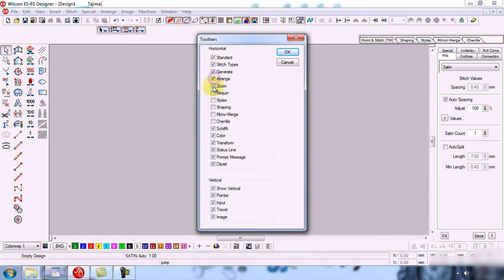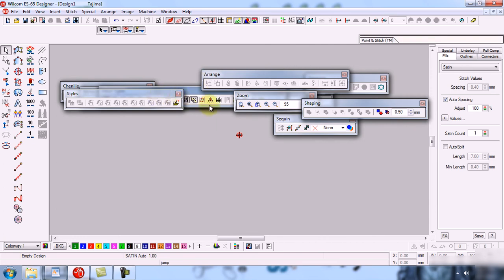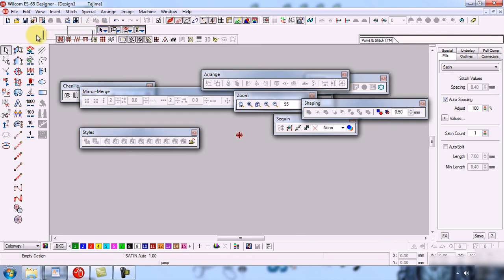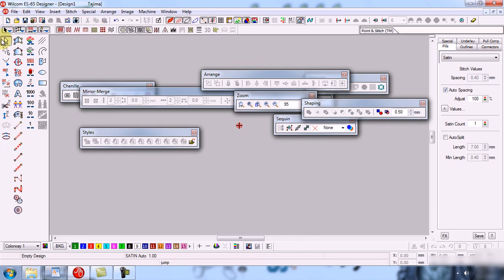So in this way you can insert or hide any type of toolbar. For example, I want to show all the toolbars, so I will check all the toolbars and then click OK. You can see that I have all the toolbars, and then I can fix them anywhere.